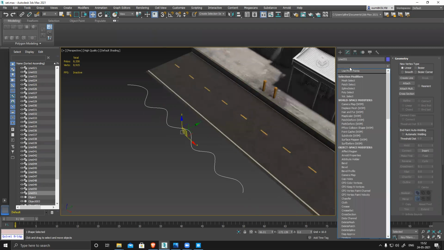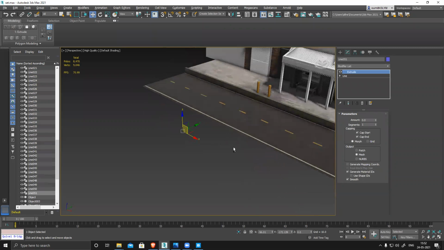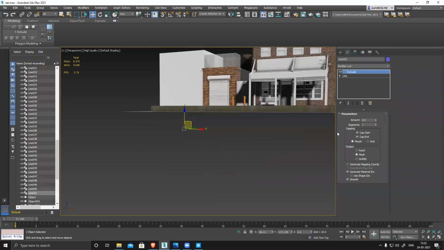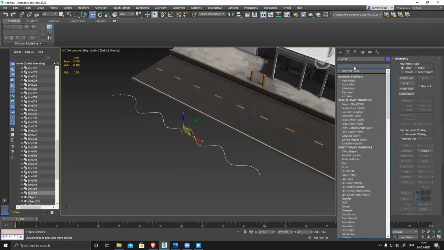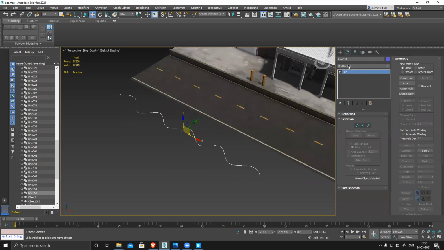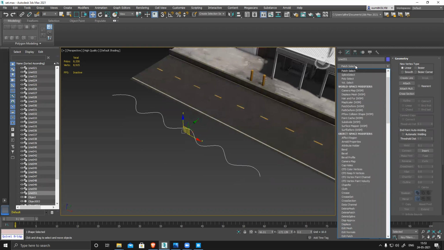Just apply extrude. There's something called extrude modifier on your line. Okay. Once this extrude doesn't work because it's not closed, there's one more modifier named planar.